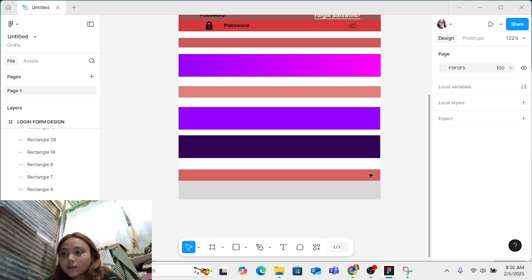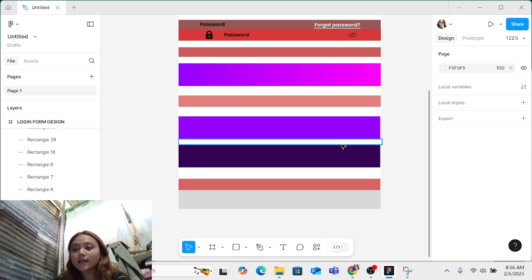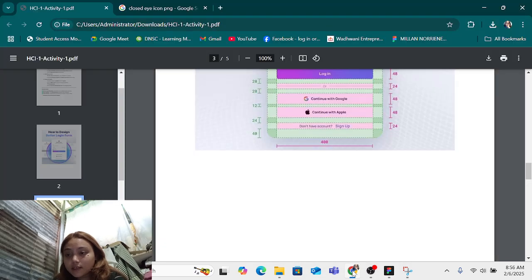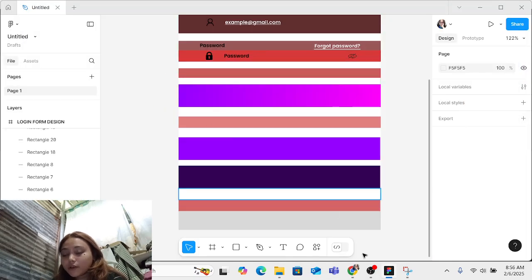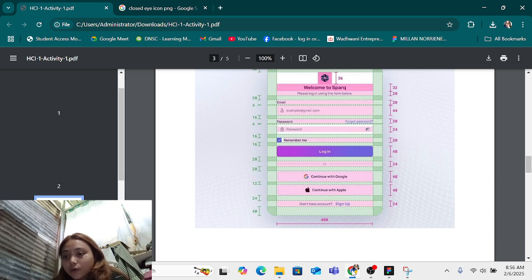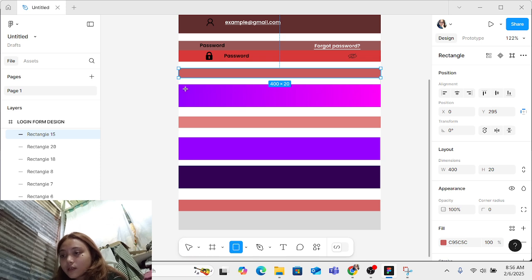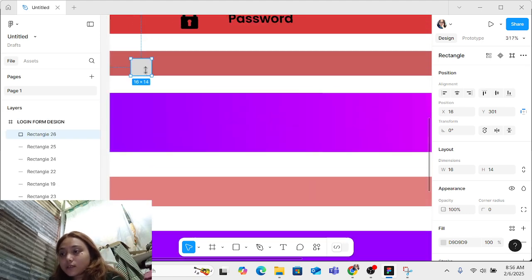So now, since we're really done with the spacing and the margin of our design, let's continue to add the text and icons of the design we just added. Okay, now remember. So here, let's put it right here. This one. So first, let's add another one of these. It depends on what sizes you want. So let's say I want this size.